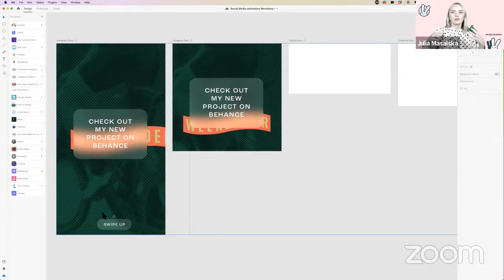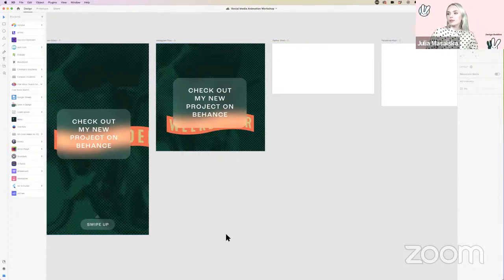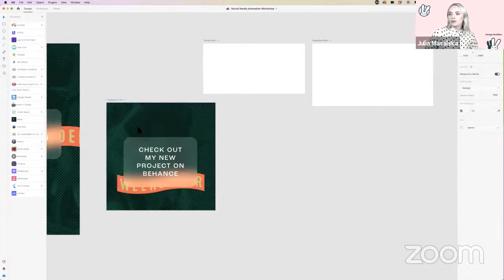But when we're creating, for example, any kind of ads, right? If we're creating ads that are going to be shown in different sizes, and let's say our client gives us 10 different sizes for web and for the social media and this and this and that, we can put the same amount, the same information, and then resize it to the different sizes in a very, very easy way, right? So I can take this design, for example,